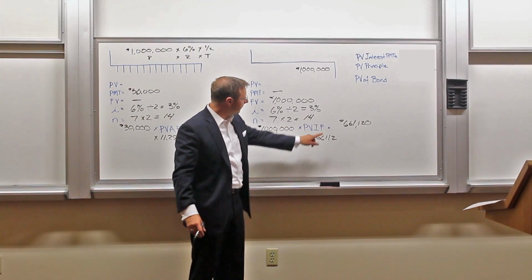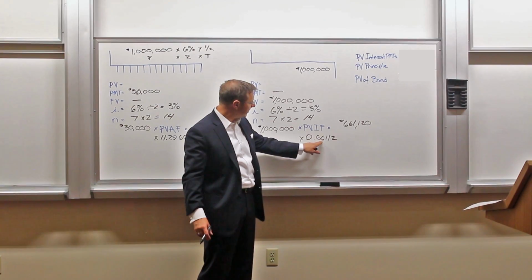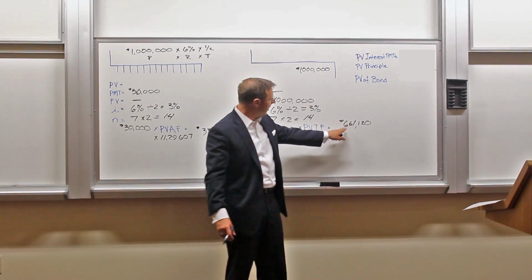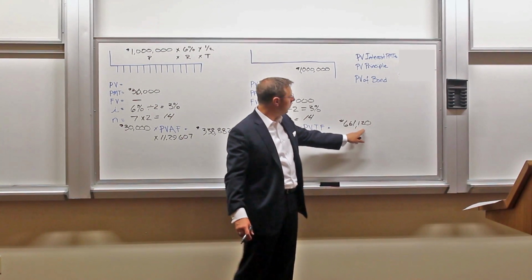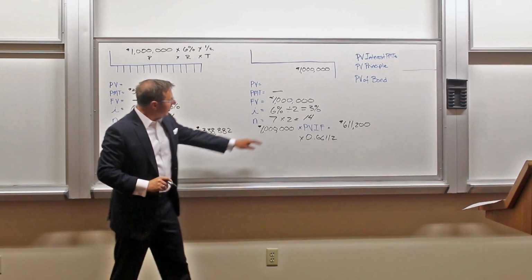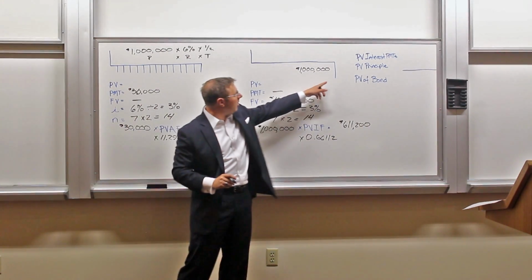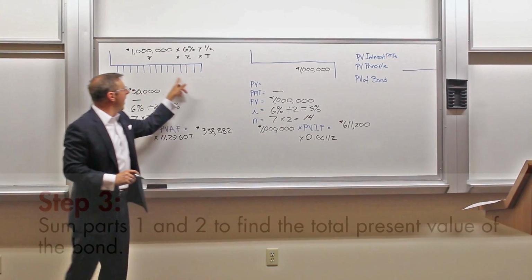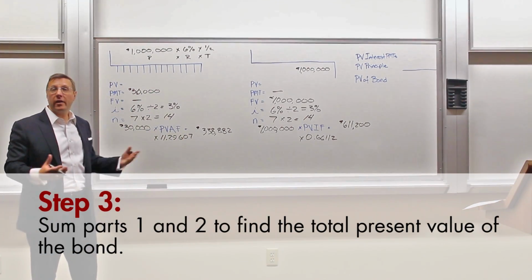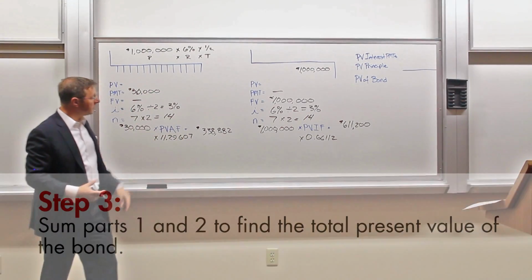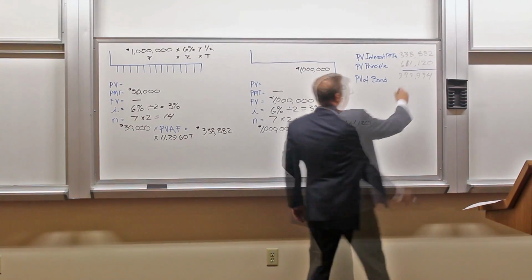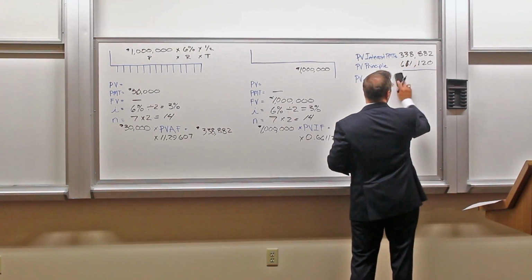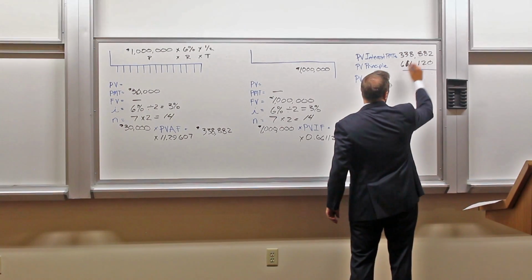1 million times the present value factor of 0.66112 gives 661,120. The combination of having to pay off that future value and the interest payments along the way, that is the present value of what this bond is worth today. So when I add those two together, I get a total of